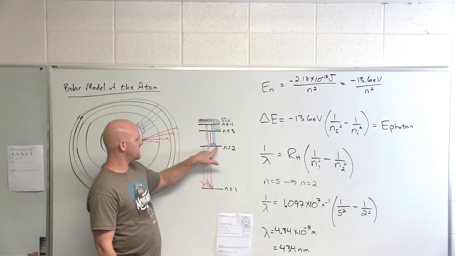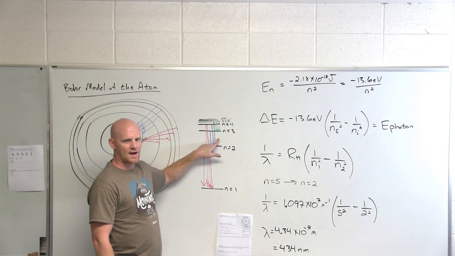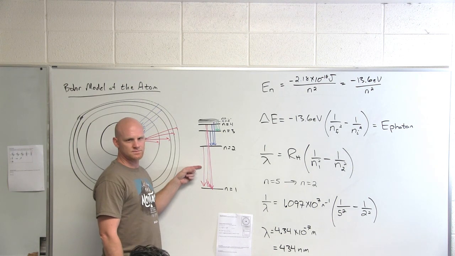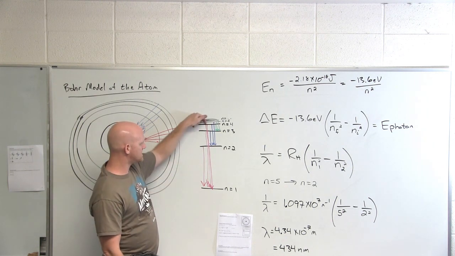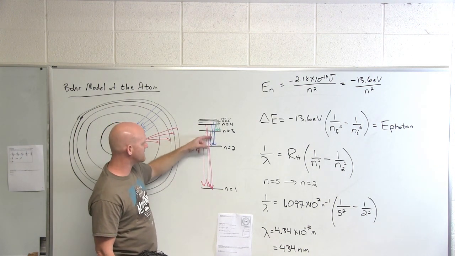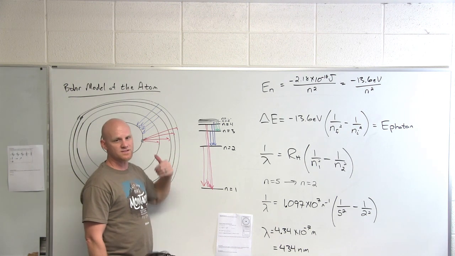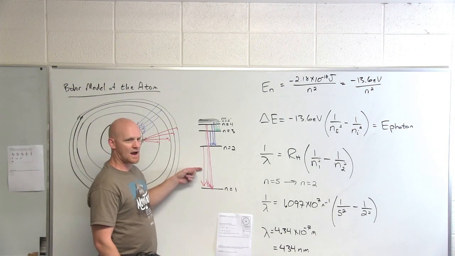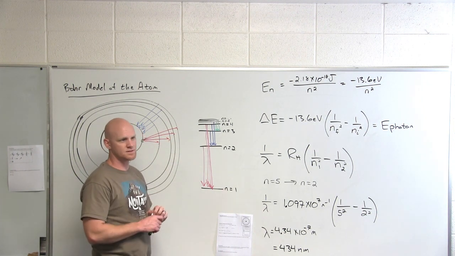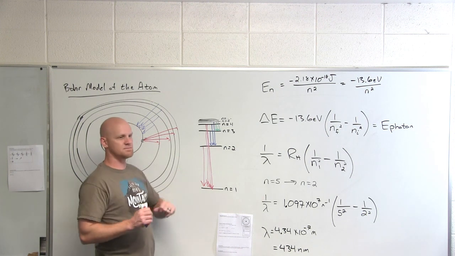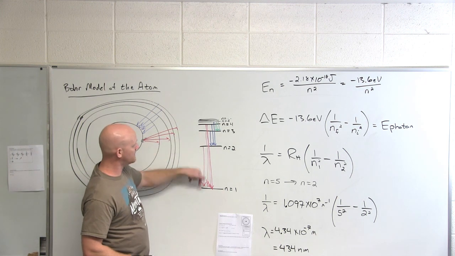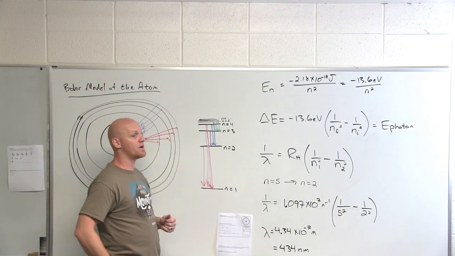So if dropping down to n equals 2 corresponds to visible light, how would the energy of the electromagnetic radiation for the Lyman series compare to that? The Balmer series is dropping down to n equals 2, and the wavelengths of light corresponding to those energy differences, those photons, tend to correspond to visible light. Now the Lyman series, how would the energy of the photons compare to those in the Balmer series? In this case, would it be higher energy or lower energy? Oh, lower energy. Ooh, they're bigger drops. Notice bigger differences, so they'd actually be higher energy photons given off.